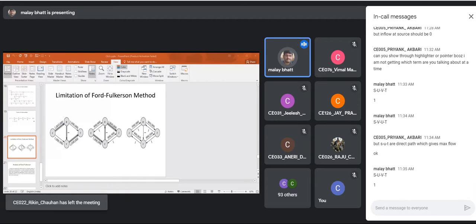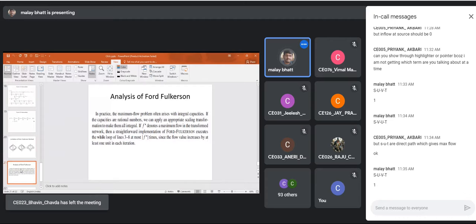Automatically, through a DFS or BFS, through depth first search or breadth first search, it will automatically select the augmentation paths and it will generate the output. So that is the main limitation of this Ford-Fulkerson algorithm. So now if I consider this,